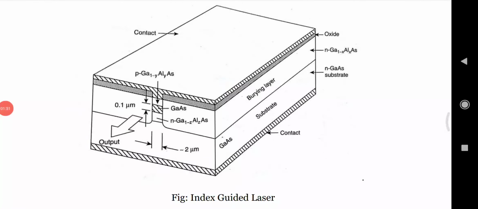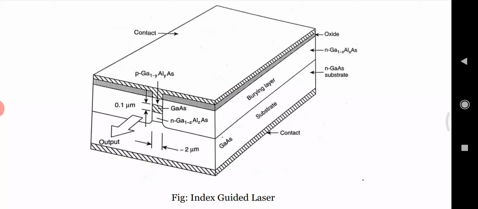Next is the index guided laser. In this type, the transverse mode control in a laser diode can be achieved using index guiding along the junction plane. That is, the mode control is necessary for improving the optical wave current linearity and the modulation response of the laser. So the active region is surrounded by materials with a lower refractive index in both the vertical and the transverse direction. The active region is buried in lower refractive index layers on all sides, as shown in the figure.